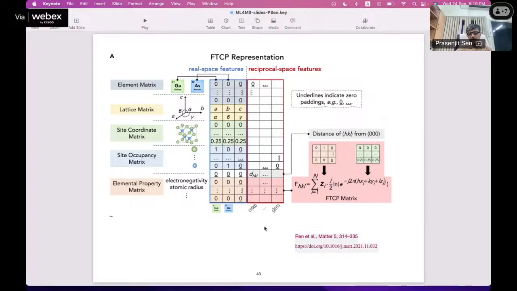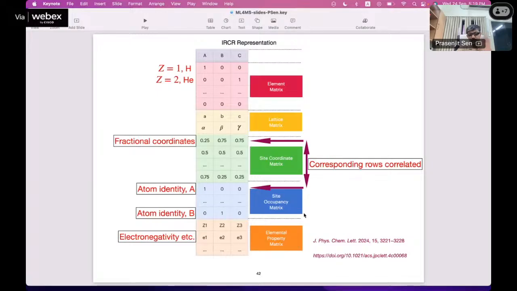Now, this was reported, but then we did not see much merit in having Fourier transforms of elemental properties in the feature space, making it large with so much zero padding. So we just simplified it and used the real space representation, and it works just fine. Okay, so these are image-based representations of materials. The interesting thing is these representations have been used both for property prediction and also for generative